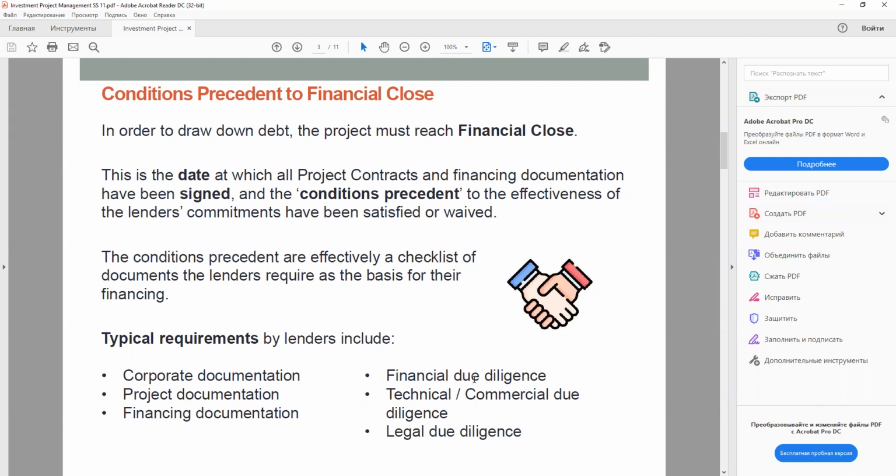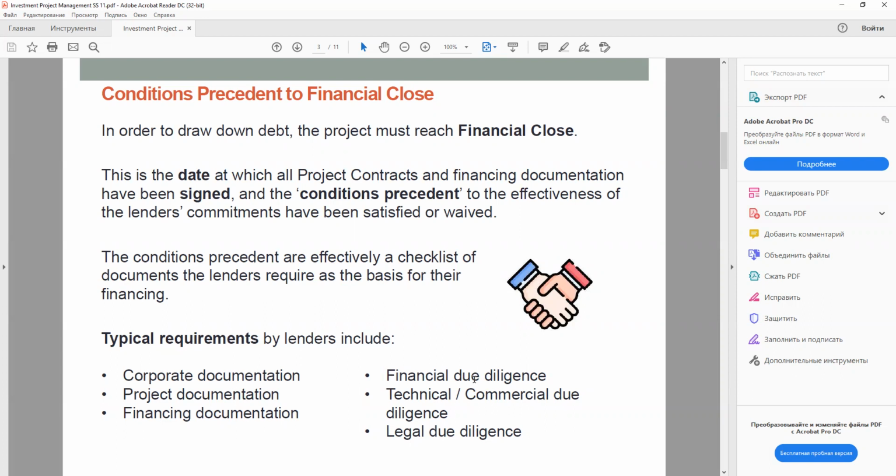So what are the conditions precedent to financial close? The list of conditions precedent, or CPs, documentation for a project finance loan can be of immense length, often running into several hundred documents and certificates. I will just start with discussing, and will probably start the next lecture with refreshing the idea of conditions precedent and its list. The typical requirements by lenders, all of which must be satisfactory to them in form or